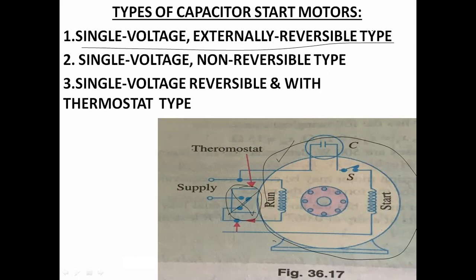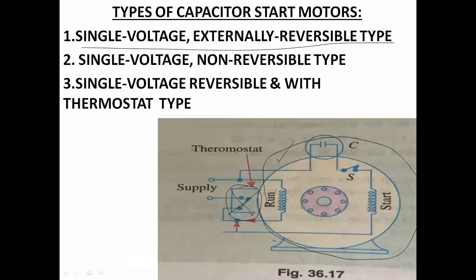How? In this motor, 4 leads are brought outside into housings. Totally 4 leads are brought outside. Out of the 4 leads, 2 will be from the main winding and 2 will be from the starting winding. So for the reversible process, these 4 leads are necessary. Because if they are not brought out, how can we reverse externally? So that's why we have to bring the lead terminals outside.